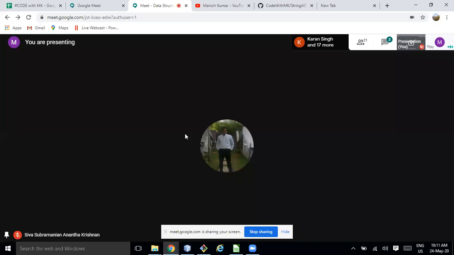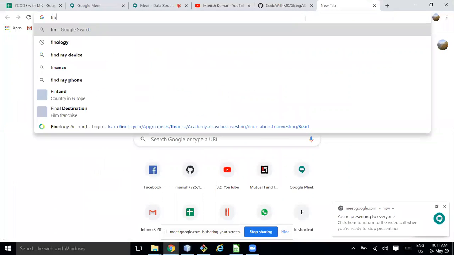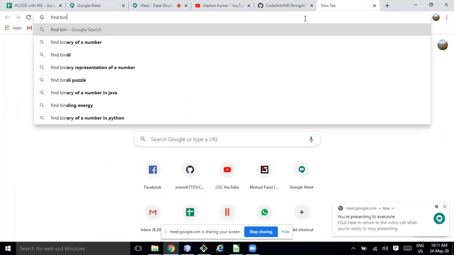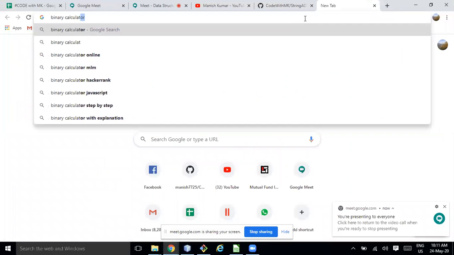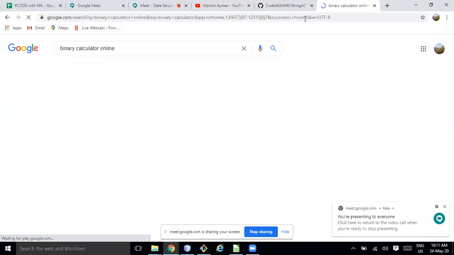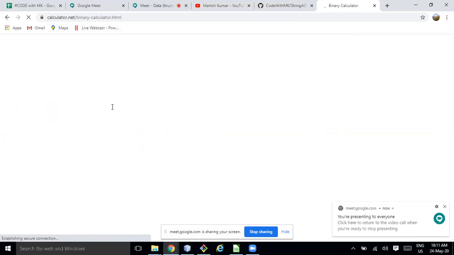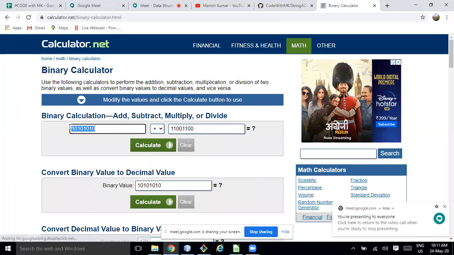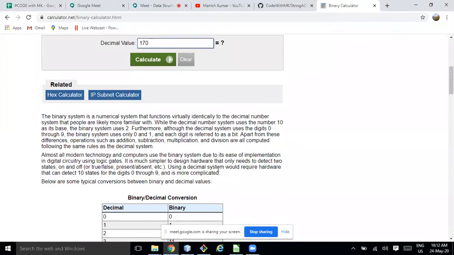Or if you are not sure, go to Google, find a binary calculator. Okay, so here I am writing, convert binary to decimal.